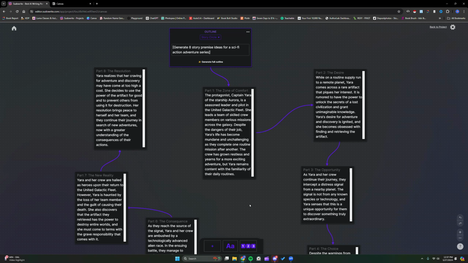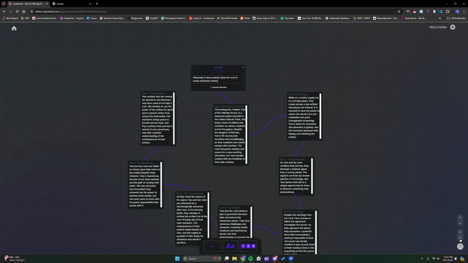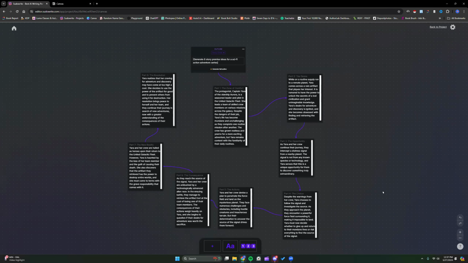All right, so what I like to do with Canvas, I am going to zoom out for a little bit just so I can have some room. So I like to do my character and scene cards. This is my favorite thing. Is it a waste? I don't know. I love to have those images in my head. So this card here,